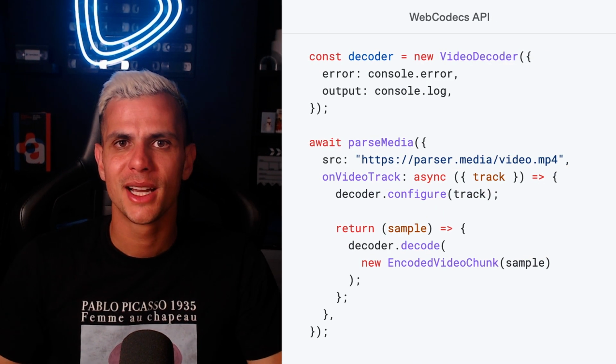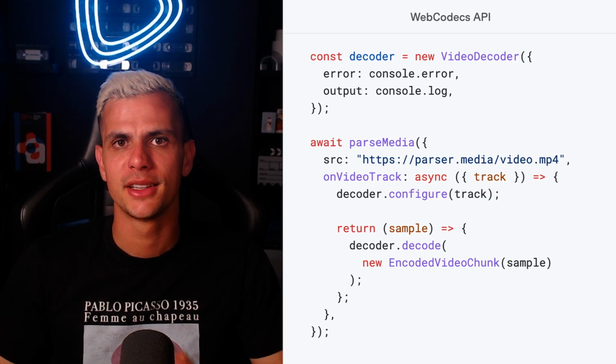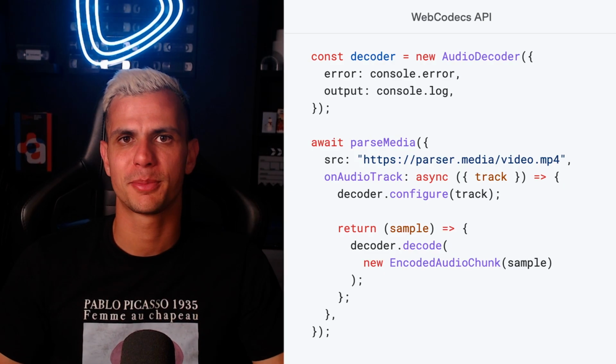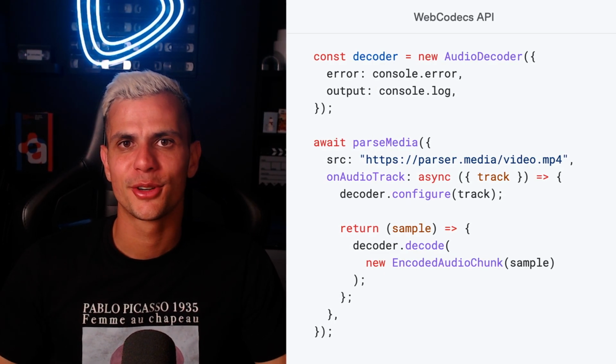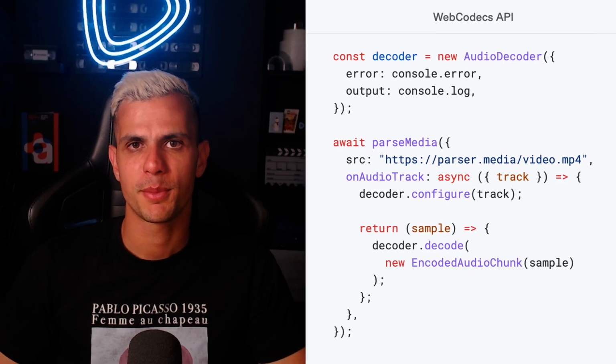Remotion Media Parser was designed with Web Codecs in mind, and so it returns the samples in the exact format that the video decoder and audio decoder APIs expect. It therefore massively reduces the barrier of entry for you to use web codecs.